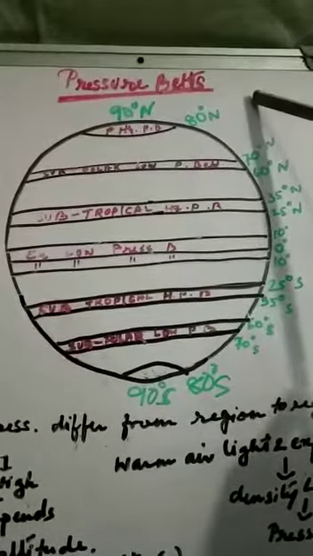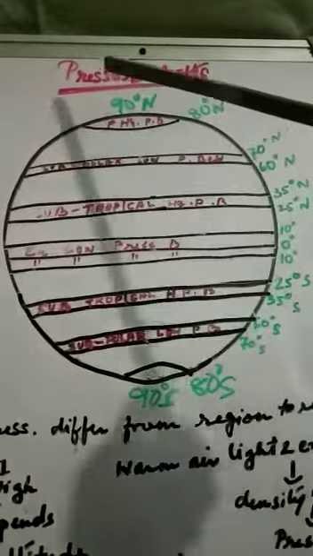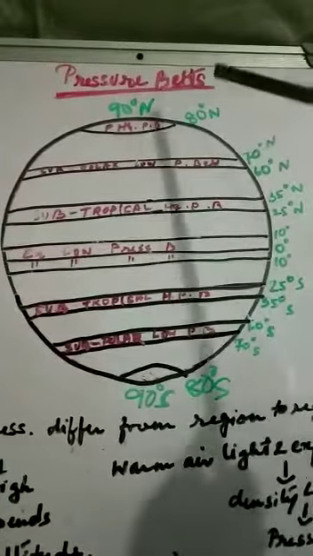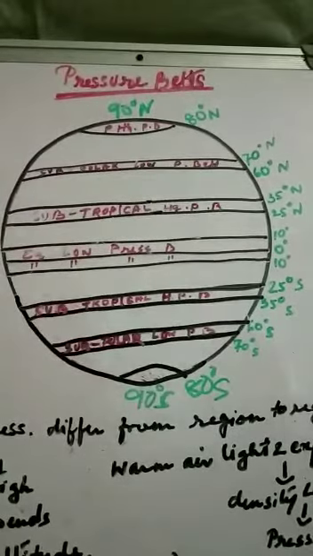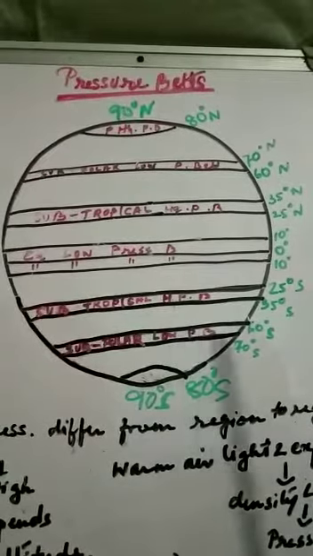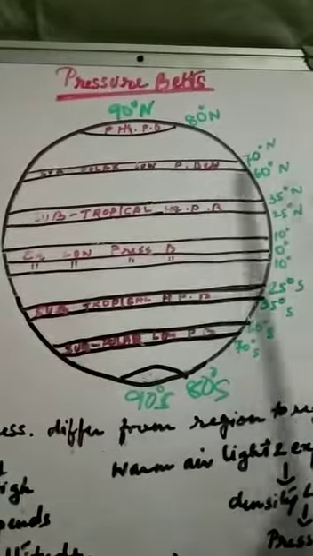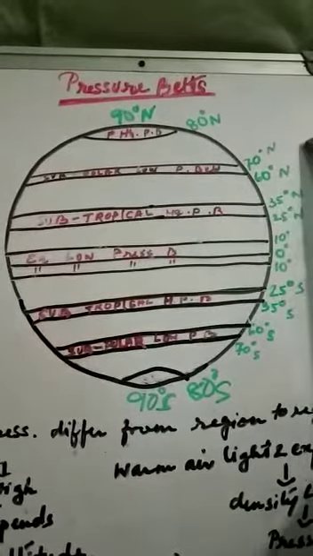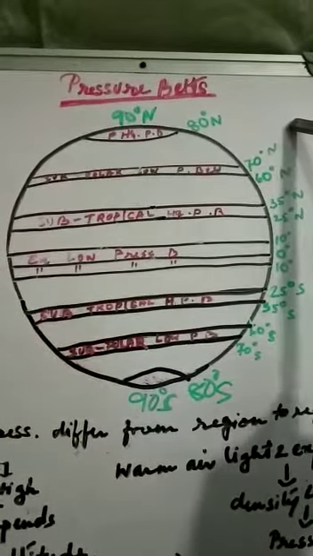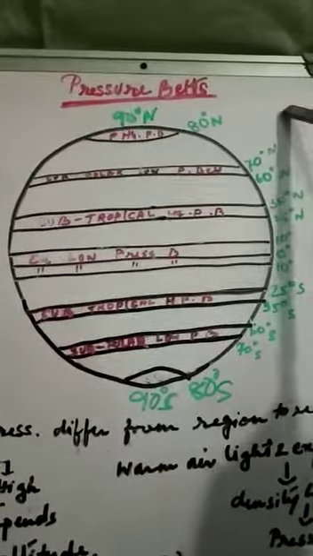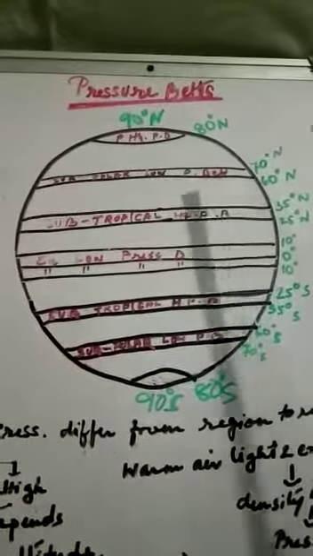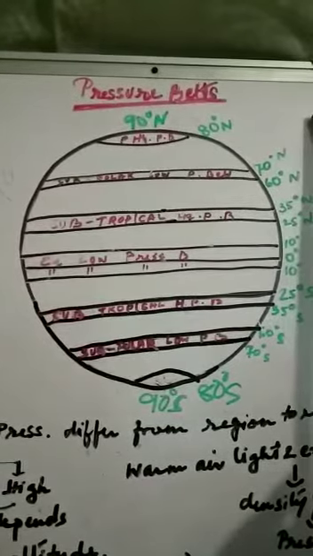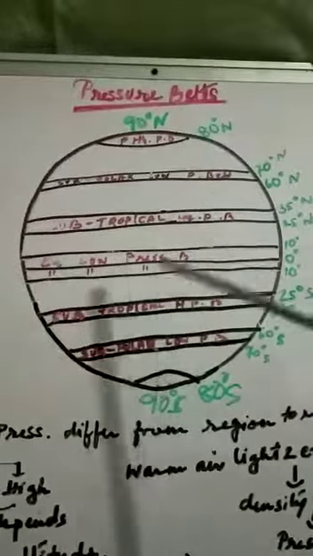Now, before I start, let me once again remind you that this pressure belt is of the atmosphere, right? So first of all, let me remind you once again that the atmosphere is a composition of different gases. As we know, all matter has mass, that is weight, and so do gases, and hence if the gas has a weight, then it will have pressure. And what is pressure? Pressure is the force that is applied by the gas. So the atmosphere has some pressure.